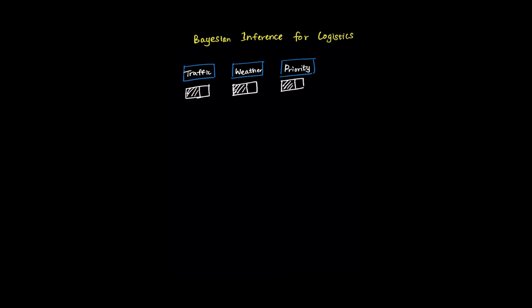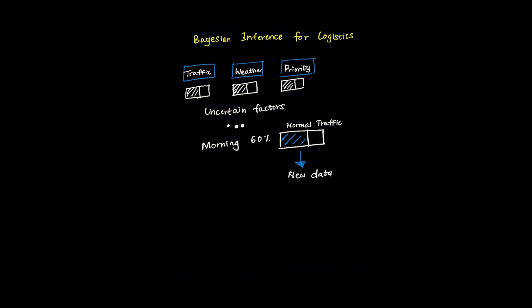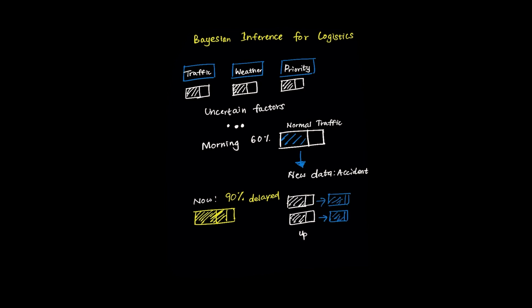Bayesian inference shines when dealing with multiple, uncertain factors in logistics optimization. This approach treats each factor like traffic, weather, and package priority as probability distributions that update with new information. Picture a delivery system that starts the day with historical probabilities: 60% chance of normal traffic, 30% chance of rain. As real-time data flows in, Bayesian inference updates these probabilities, perhaps learning that an accident increased traffic delay probability to